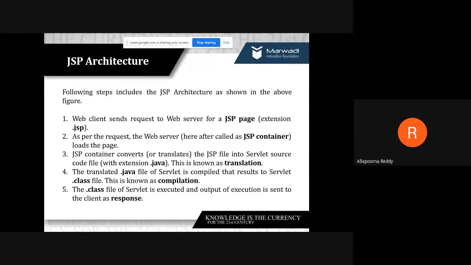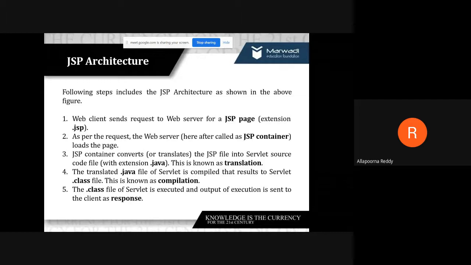The responsibility of the JSP container is converting the JSP file into a servlet source code file with the .java extension, which we call translation. That translated .java file is compiled, giving an output in the form of a .class file, which we call the compilation process.